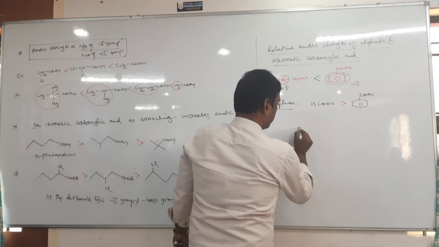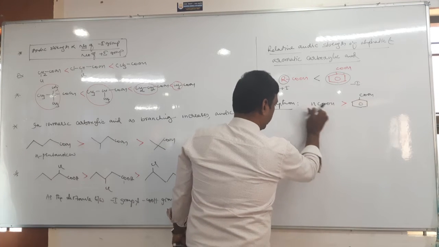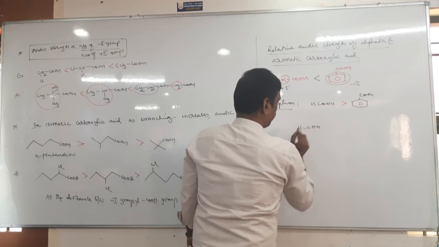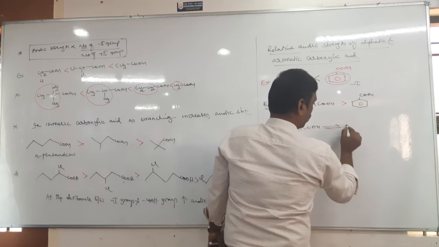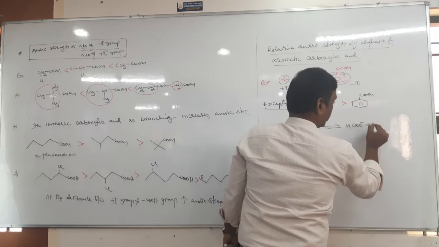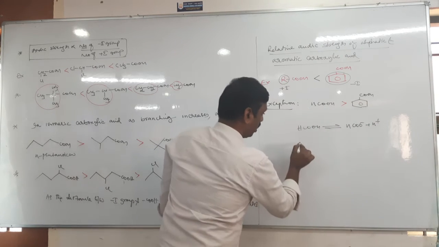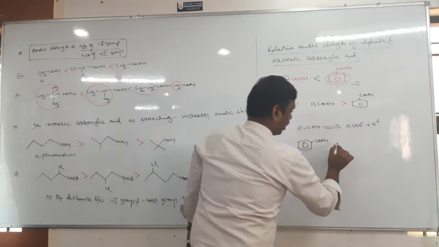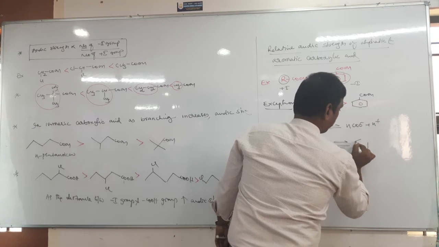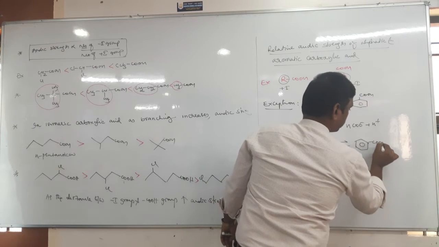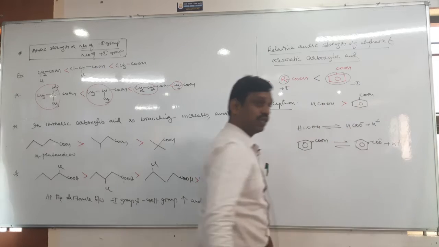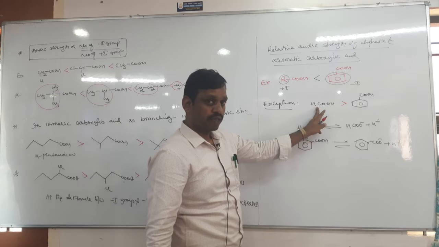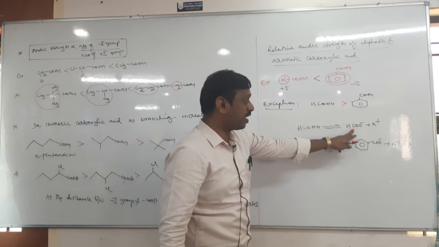This is because formic acid, HCOOH, undergoes dissociation to give formate ion plus H+, and benzoic acid undergoes dissociation to give benzoate plus H+. Since formic acid is more acidic, this is because formate ion is more stable